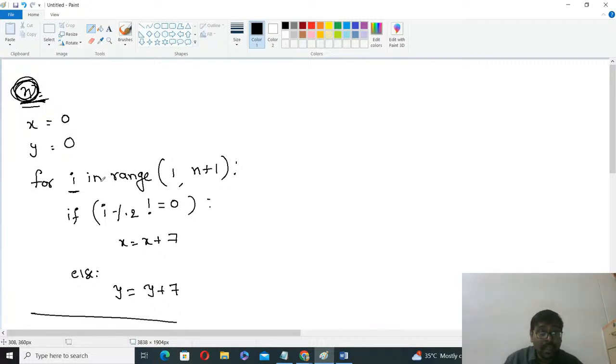Now check this example. First time, what is the value? Suppose I give n is equal to 15. First time x and y are 0, 0, and i is equal to 1. 1 mod 2 not equal to 0, yes, x is equal to x plus 7. Now x value initially 0, now x value 7. Initially y value 0. Now y is equal to y plus 6. So this is i is equal to 1, i is equal to 2,